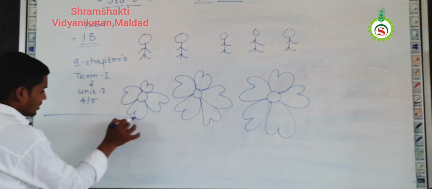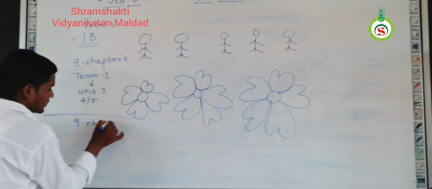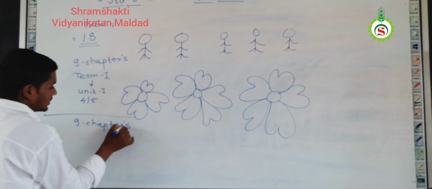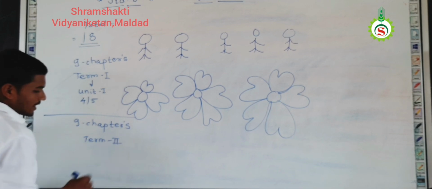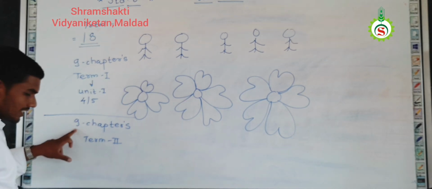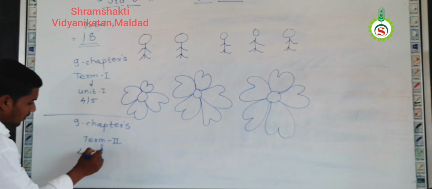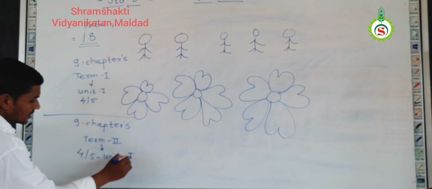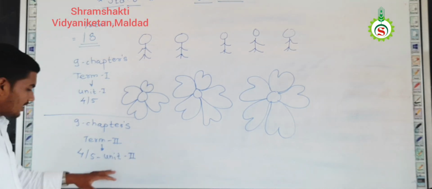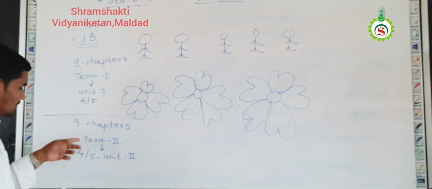And the next 9 chapters are for the term second exam. Out of those 9 chapters, again we will take 4 or 5 chapters for the unit test second, and the remaining 4 or 5 chapters, that means the next 9 chapters, we will take for the